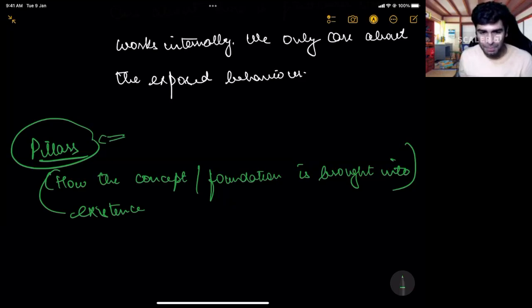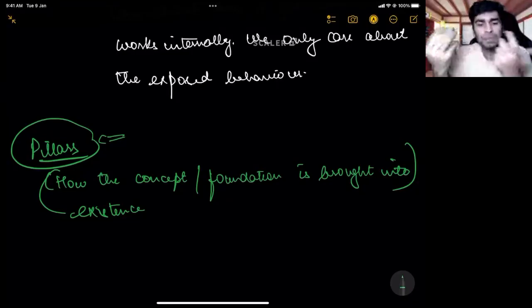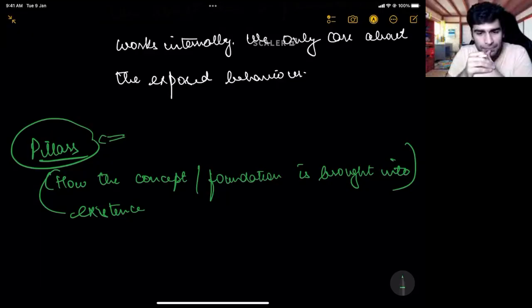Let us say a principle in a programming language is that I will have data. That's the principle. But how do you really bring that principle into practice? Using data types. Absolutely correct.